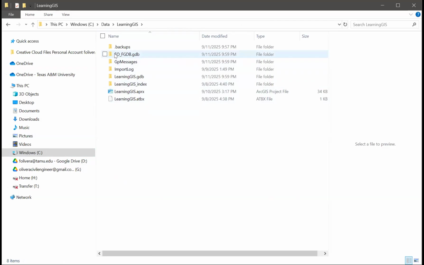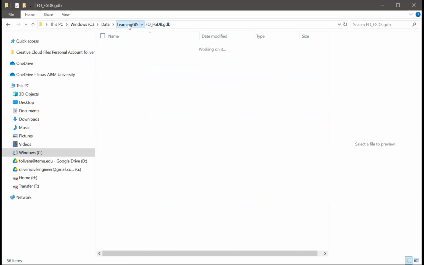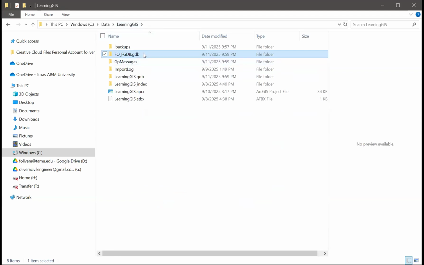And now you have our geodatabase. File geodatabase is a folder, just like I told you. And if you open this, you see all this that you don't understand, but you don't need to understand it. You just know that your file geodatabase is a folder, and that folder is located under Learning GIS. Okay, let's go back to